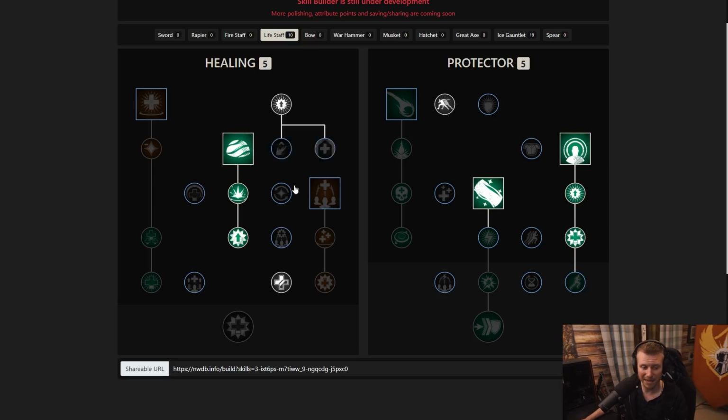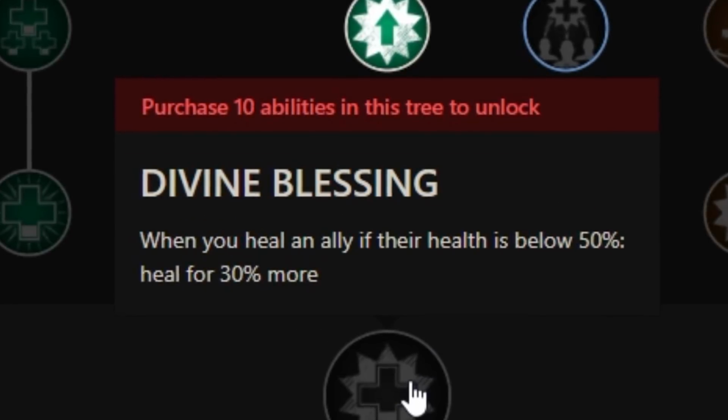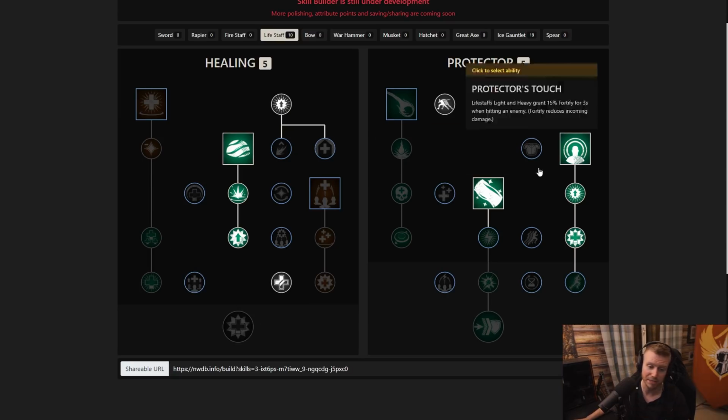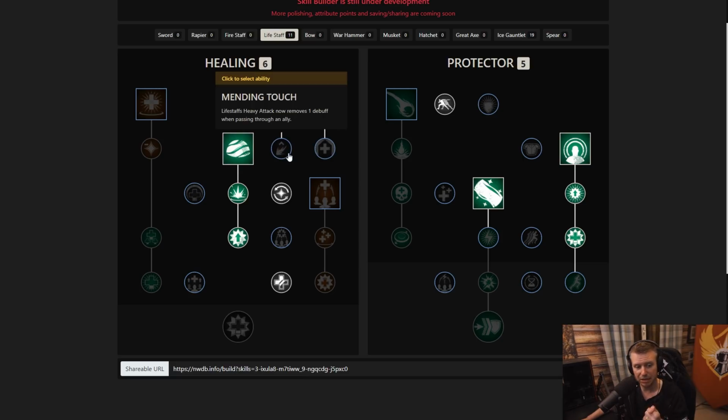it lasts. Then we're going back over to the left side and we want to get Divine Blessing, because this again increases your outgoing healing. If your target's below 50%, you basically fully top them up with something like Light's Embrace. So we're taking Revitalize. Every time we land a light attack, it reduces your cooldown, so keep spamming light attacks. In conjunction with that,